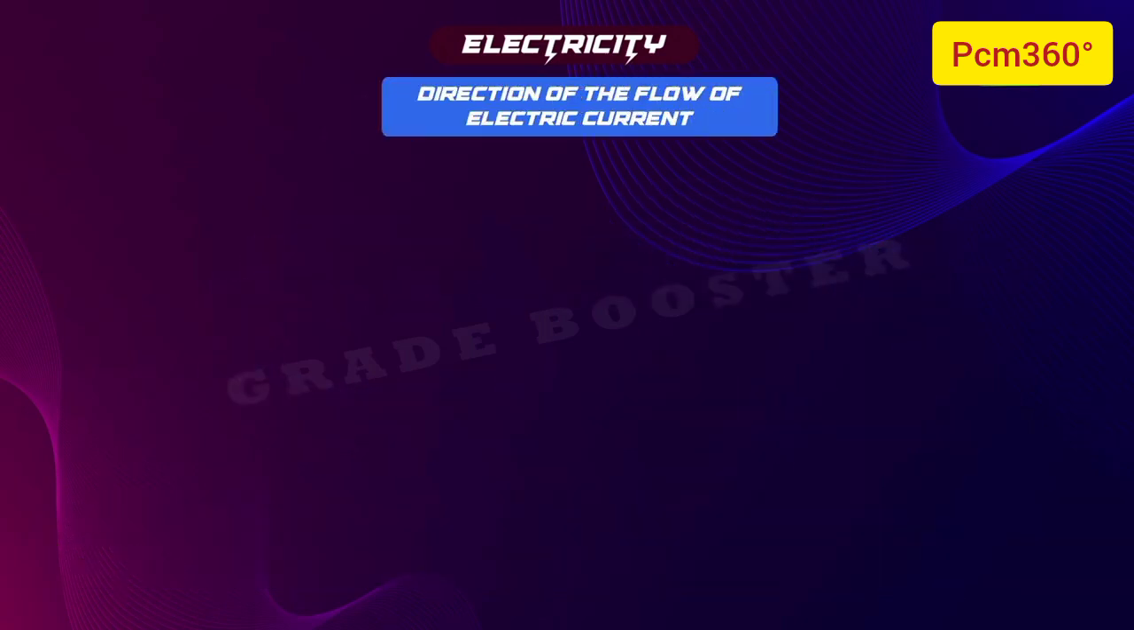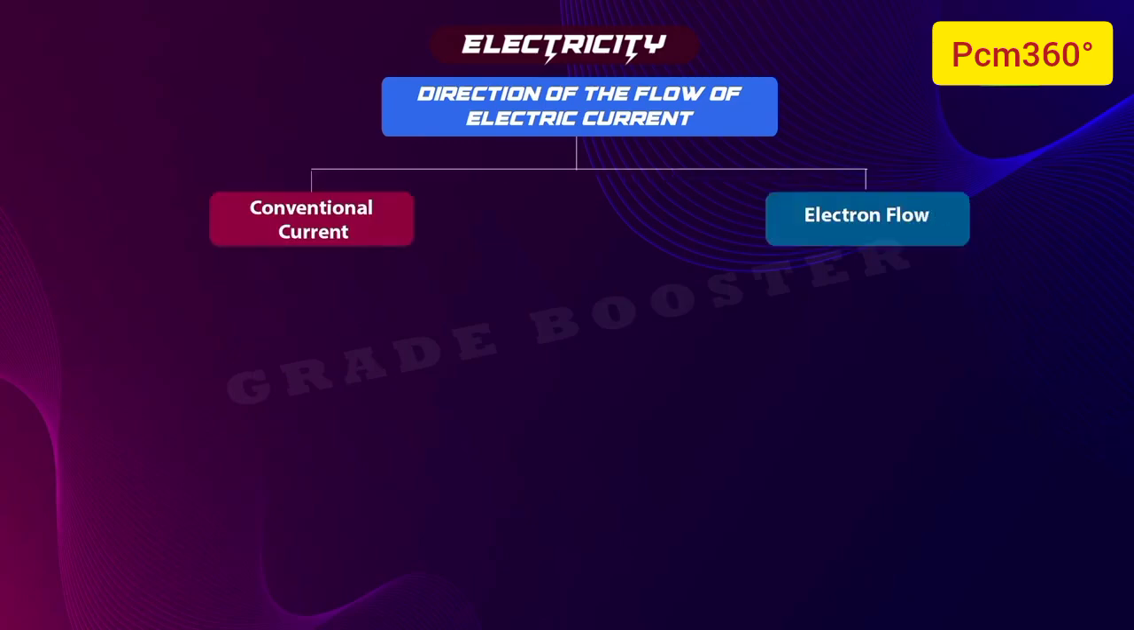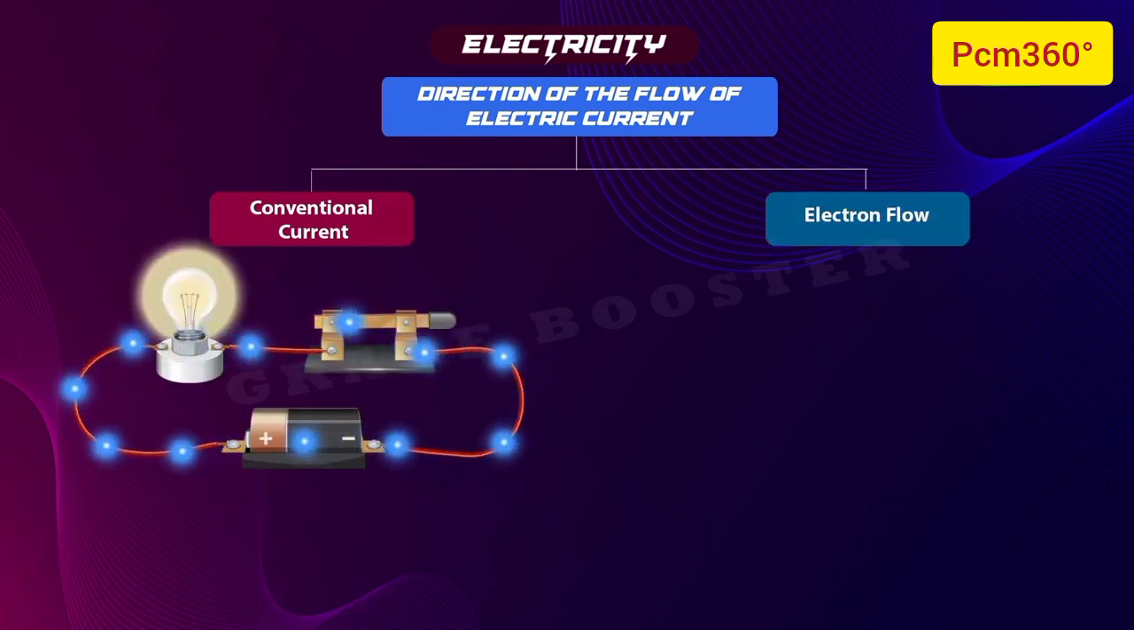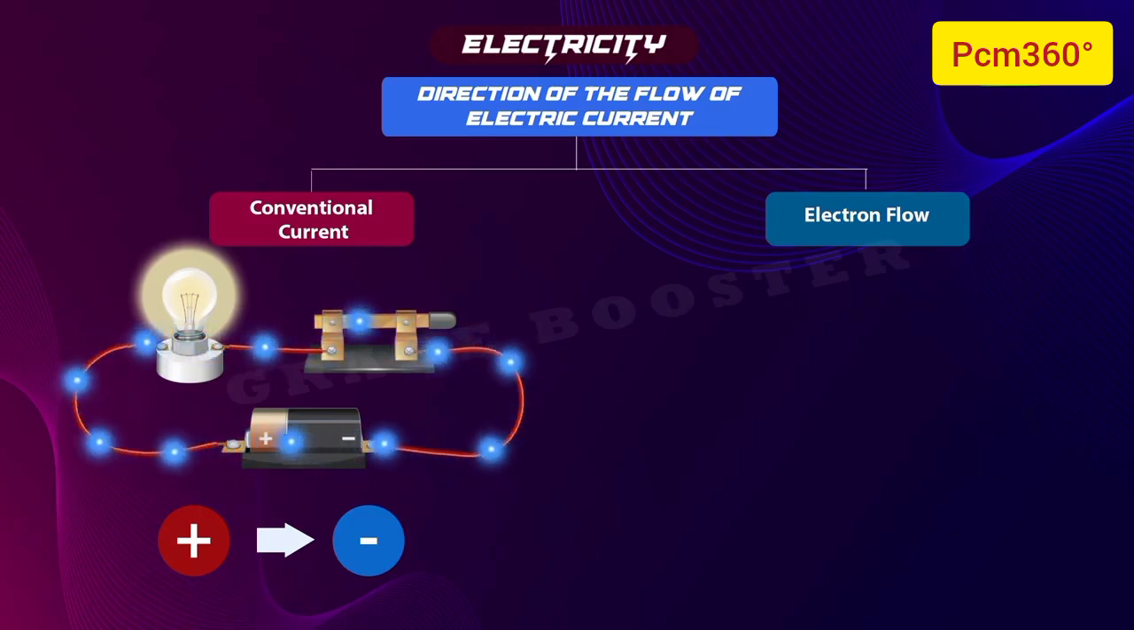The direction of the flow of electric current can be described in two ways: conventional current and electron flow. Conventional current. This is the direction in which positive charges would flow. By convention, it is defined as flowing from the positive terminal to the negative terminal of a power source. This convention was established before the discovery of the electron and is still used today in most circuit diagrams and